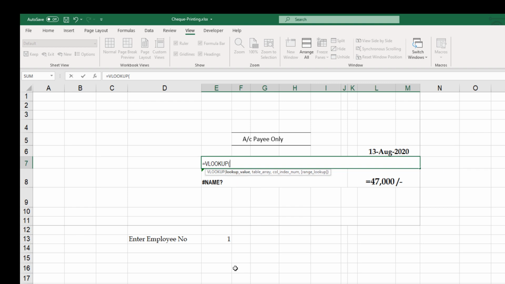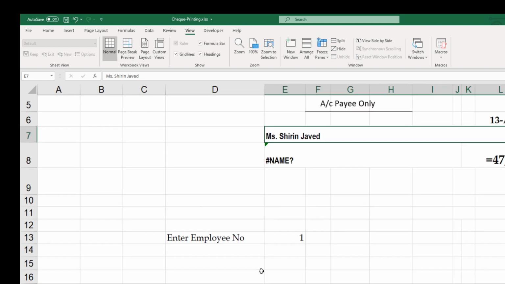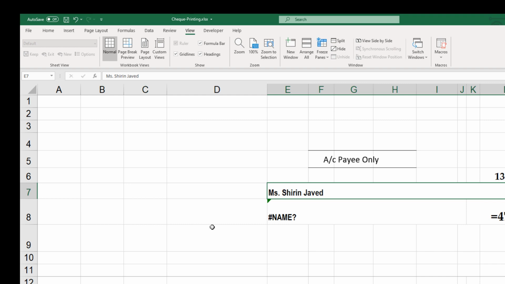Okay, so we look up for what? So we are looking for employee number. Where? In the salaries. Actually, let me increase the font size so that there is no problem for you.